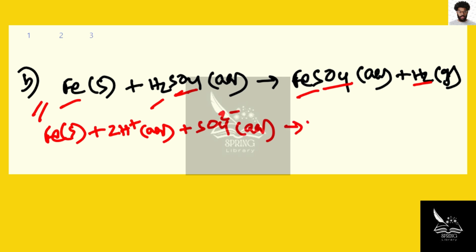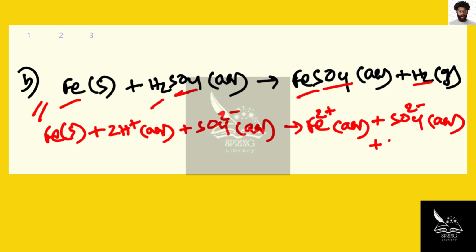And in the product we will have Fe2+ and SO4 2-. Since it's an ionic compound, it will also be dissociated into its ions in the aqueous solution, and we have hydrogen gas. Now if we cut the common ions from both sides, we have sulfate cut from both sides, and the net ionic equation will be